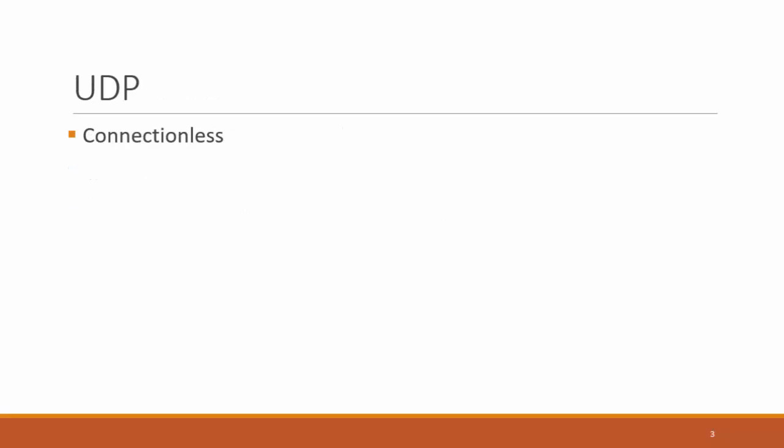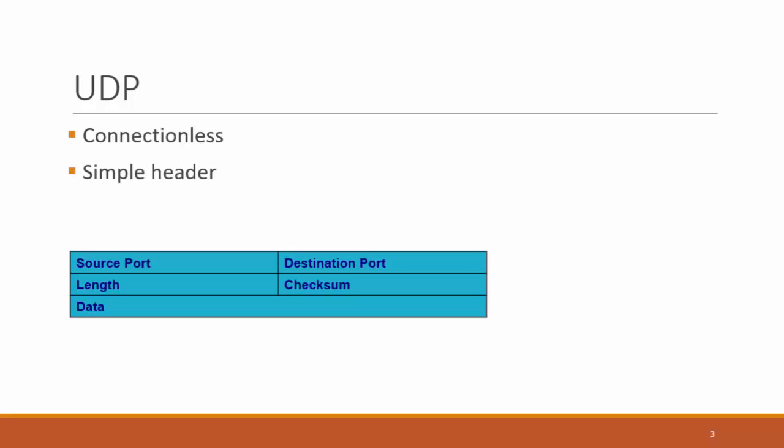UDP, this is our speed protocol, the one we use for streaming. Connectionless. It consists of a very minimalistic header. And there is no acknowledgement of the data that is received by the receiver. That's why it's connectionless. Now in TCP, our reliable protocol, we have a larger header so we can track the